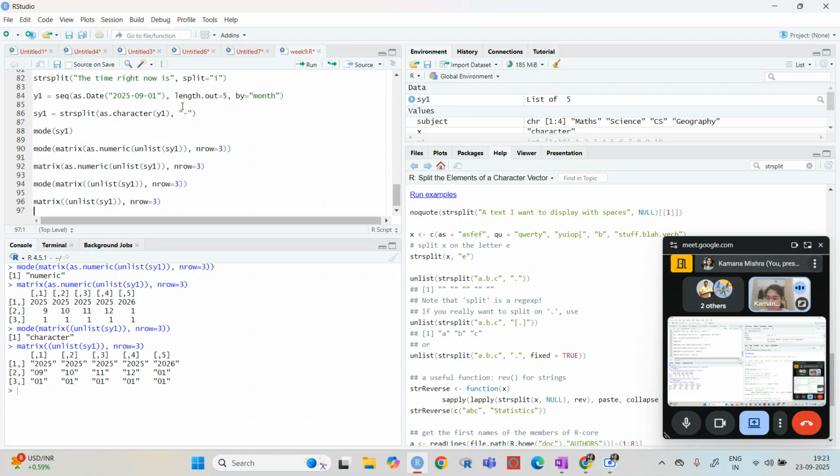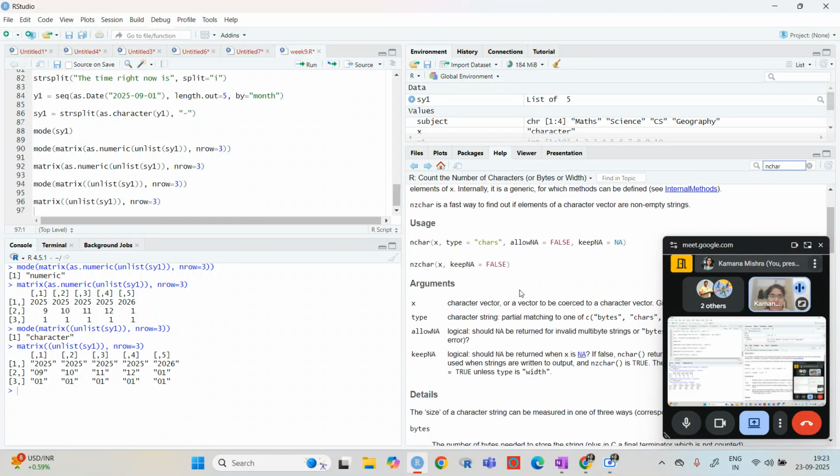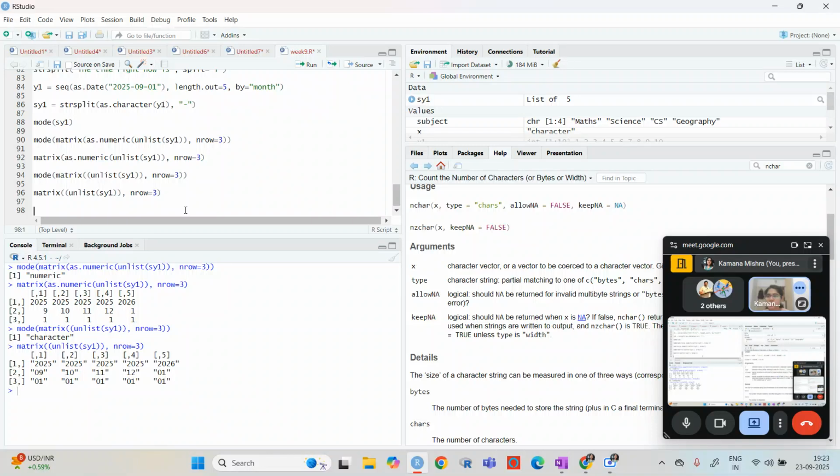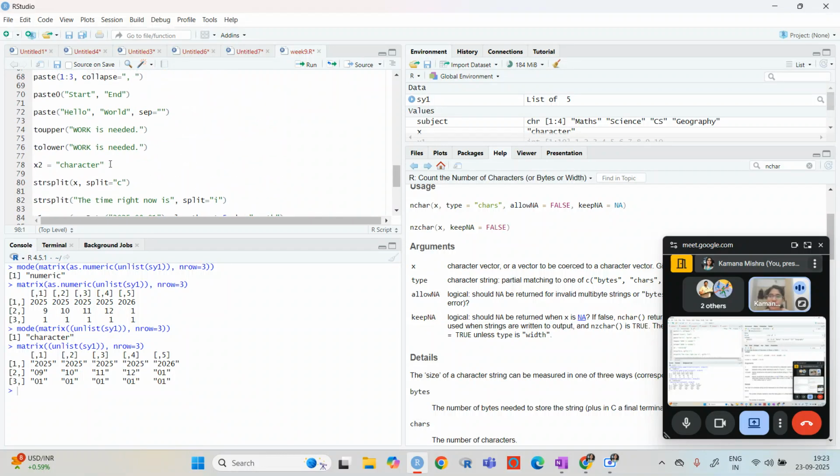Okay, so till now we have just seen paste, and then this. Now there is nchar. nchar is basically the number of characters. We have x2 here. Let me just run all of it.